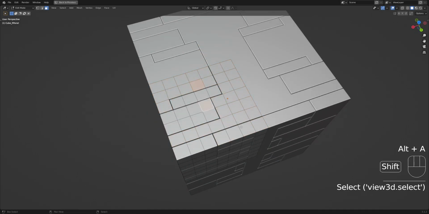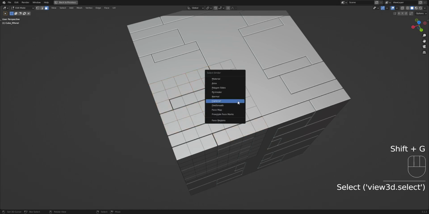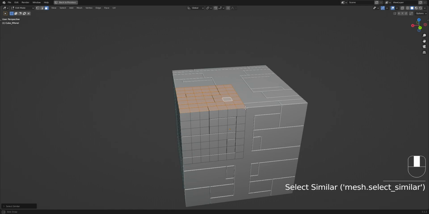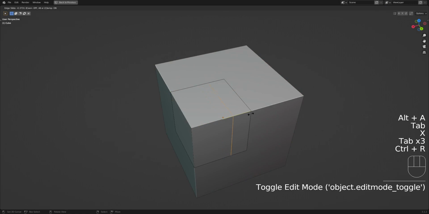So you can use linked flat faces to be selective, and Coplanar if you want all of it. Okay, let's change to